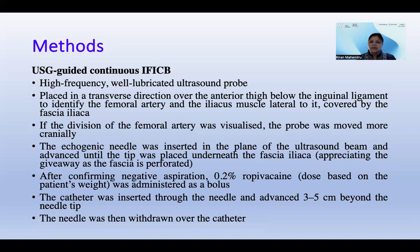The echogenic needle was then inserted in plane of the ultrasound beam and advanced until the tip was underneath the fascia iliaca. After negative aspiration, 0.2% ropivacaine was given as a bolus based on the weight of the patient. The catheter was then inserted and advanced 3 to 5 centimeters beyond the needle tip, and then the needle was